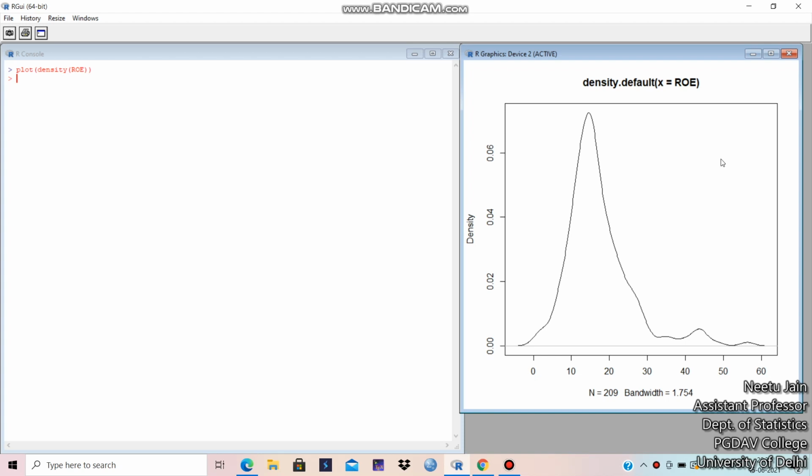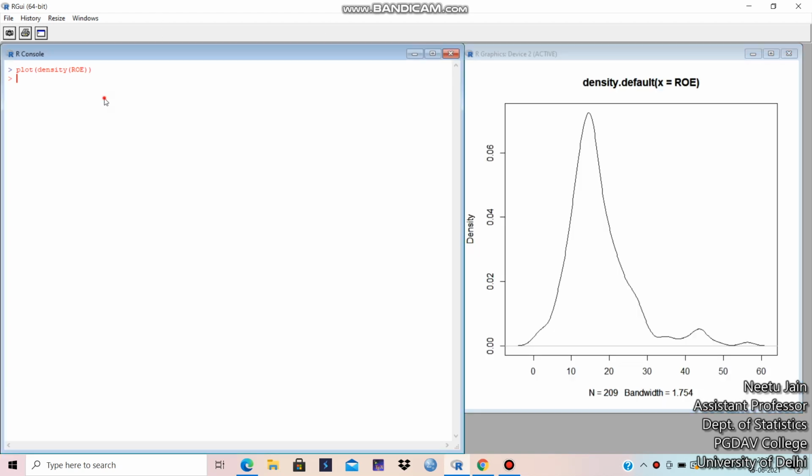Now, to plot the density with the histogram overlaid, let's increase the line width. What is the command for that? The command would be hist, the variable name ROE, comma, frequency is equal to false, and the limit of the y axis, ylim.